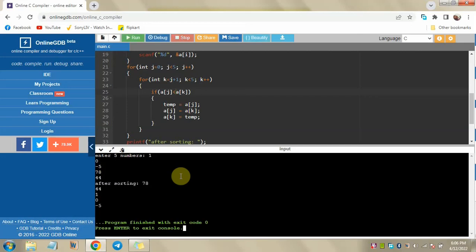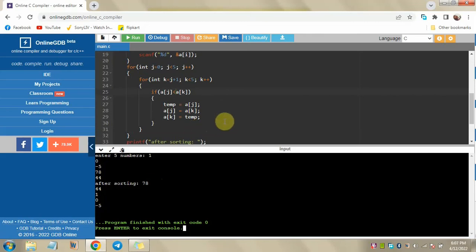Let's see. Now we are getting it in descending order. The highest is 78. So what we have given, 78 is the highest, and after that 44, 1, 0, and -5 is the lowest. We are getting from the largest to the smallest number.